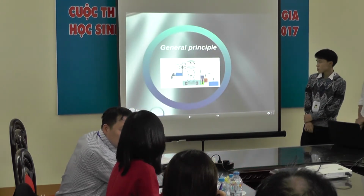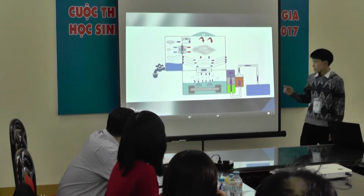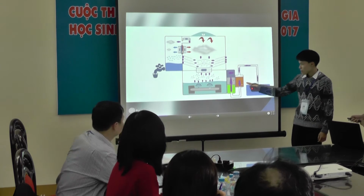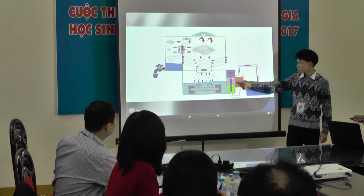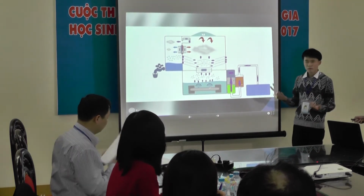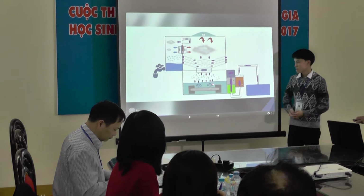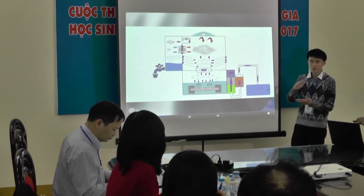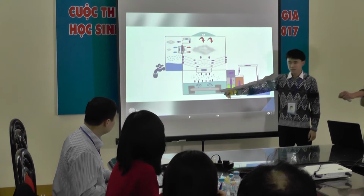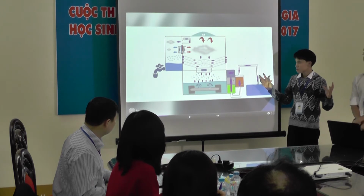And here are some principles. Here is the basic system, our system. First, the principle theory. The seawater is pumped through the nano material filters. This material can absorb some harmful matter. And when the water goes inside the system, it contains very little surface material like salt. Then we turn on the ultrasonic system, and it is used to separate the water into